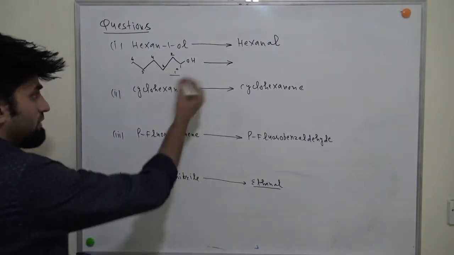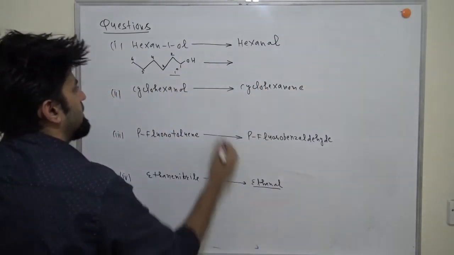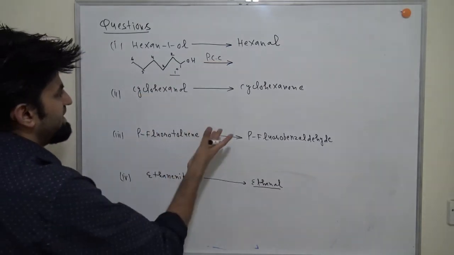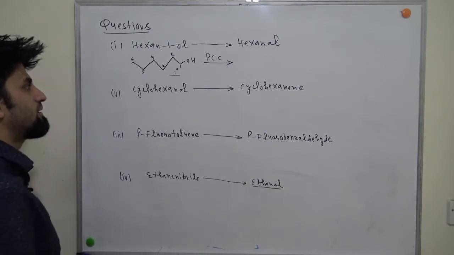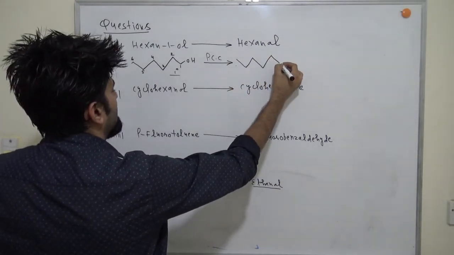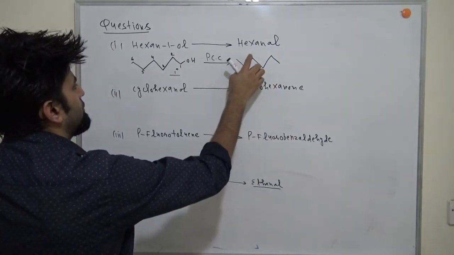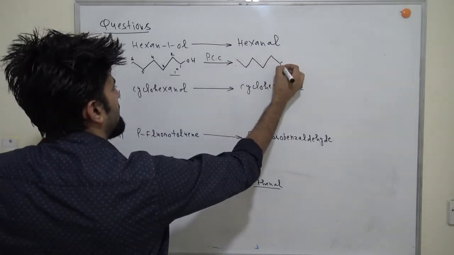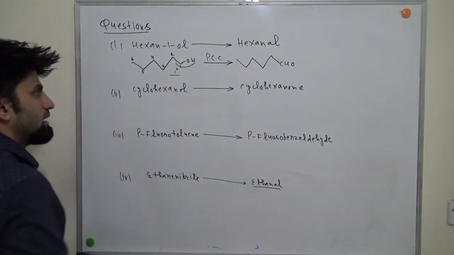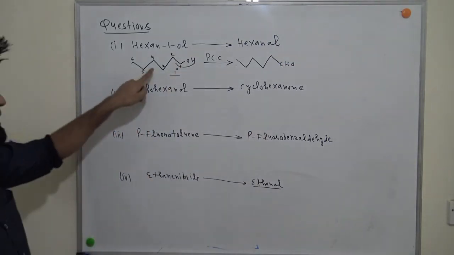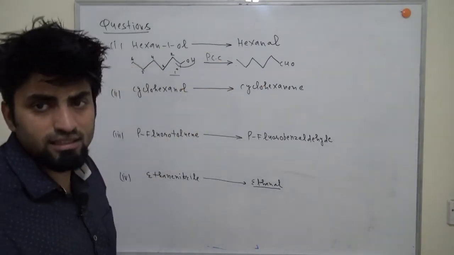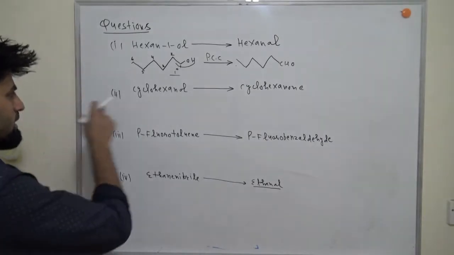You know that if you use a strong oxidizing agent, then the acid will form. So you have multiple choices. You can use PCC, you can use PDC, you can use CrO3 in anhydrous medium. So this particular carbon 1 2 3 4 5 6, this whole group CH2OH will convert into CHO, right? So this is how you can convert hexane 1-ol to hexanal with the reaction with PCC. Okay, so very easy question, right?